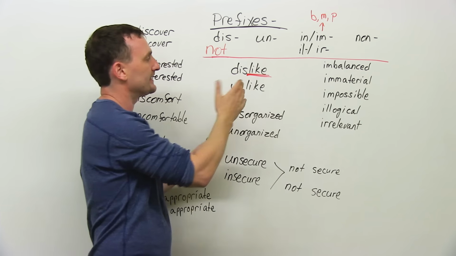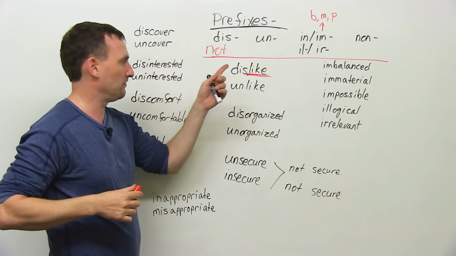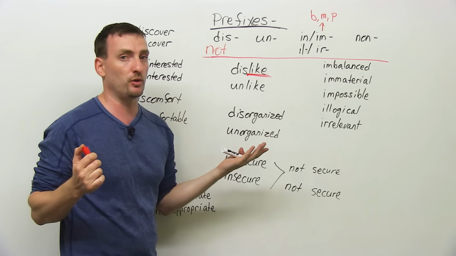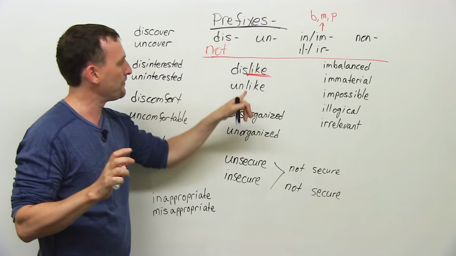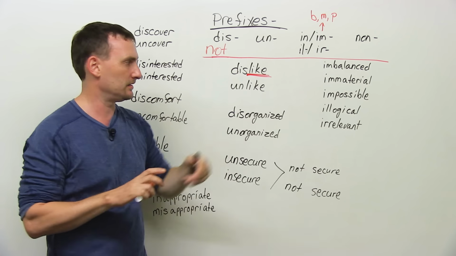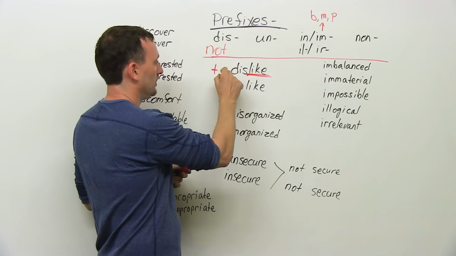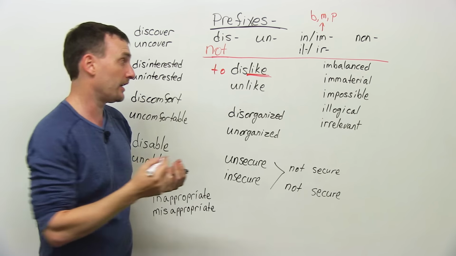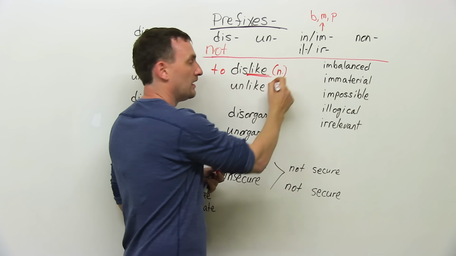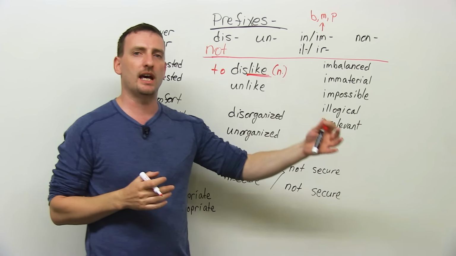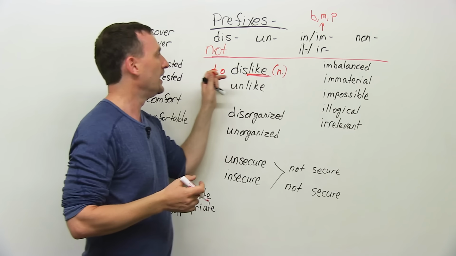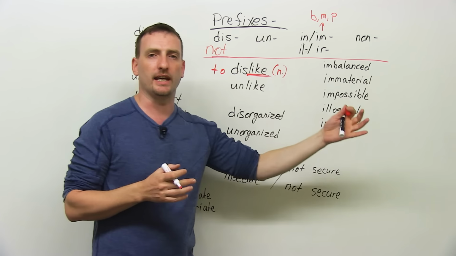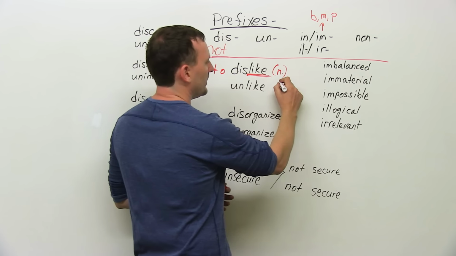Now, you will see that some words will take both prefixes and be totally okay. The problem is that their meanings are completely different. So to dislike, this is a verb, to dislike. It could also be a noun. I have a strong dislike for certain vegetables, for example. But to dislike means to not like. Now, if you say,